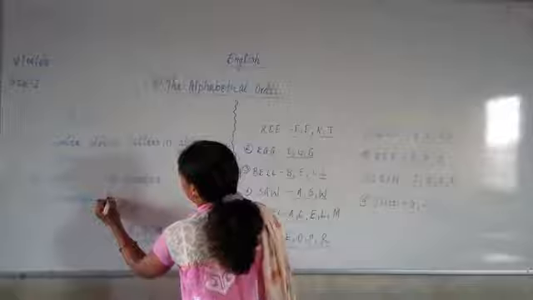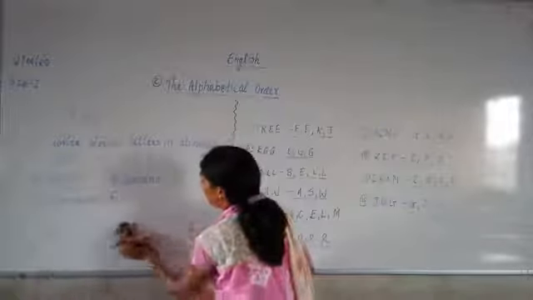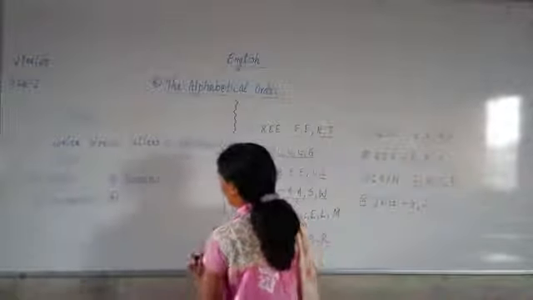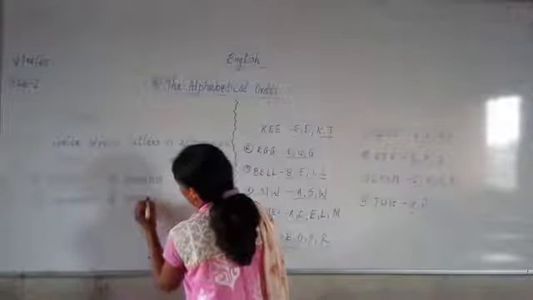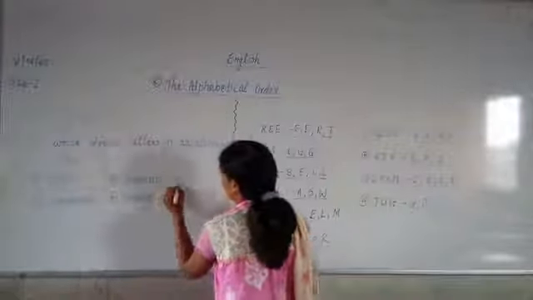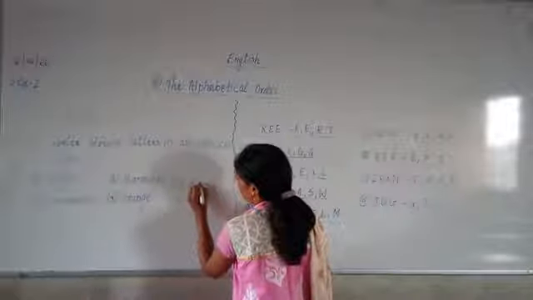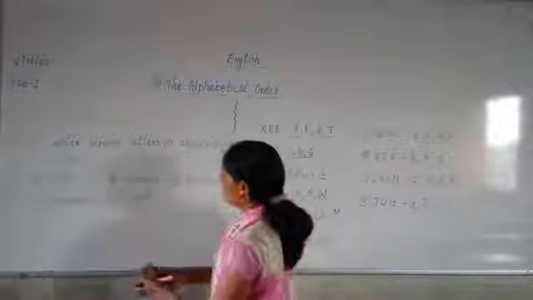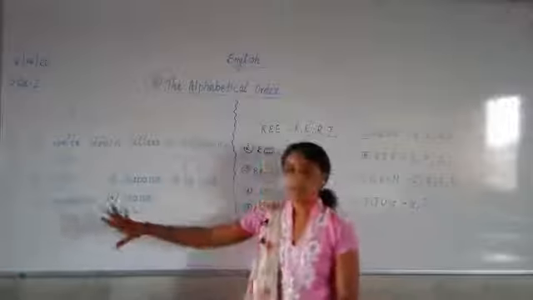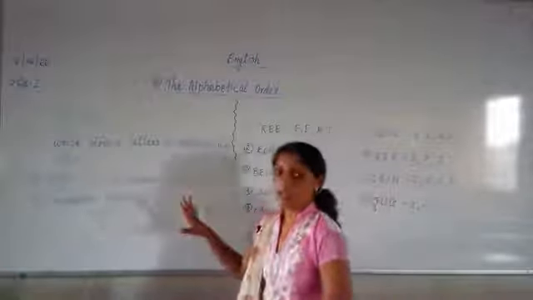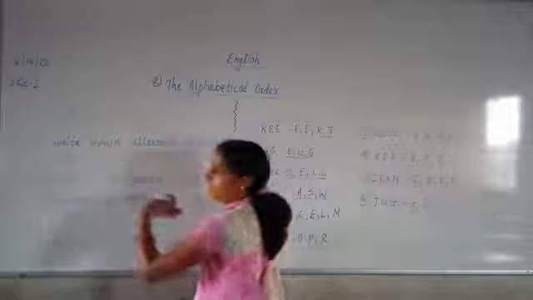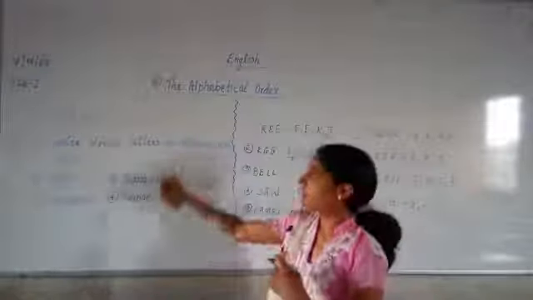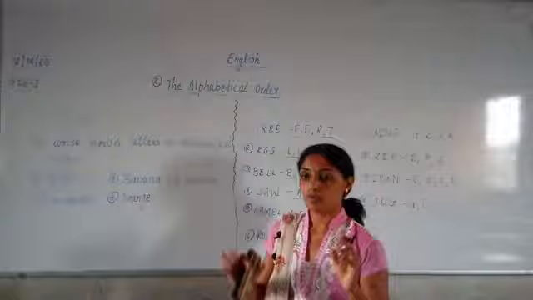Next one, can you tell any example? Orange. The fifth one I give you is guava. So I have given you 5 examples, and these 5 examples you are going to arrange in alphabetical order. What you have to do, you have to write down spelling, you have to put dash and write down answers in front of it. This homework you are going to do where you are going to write down in your